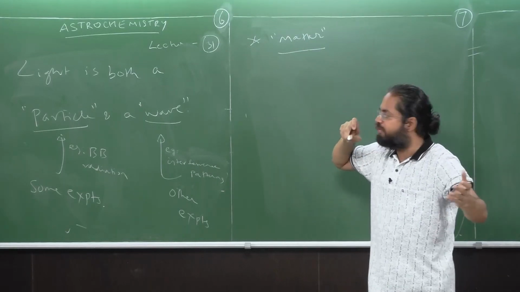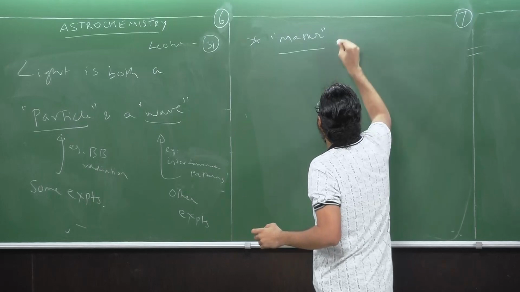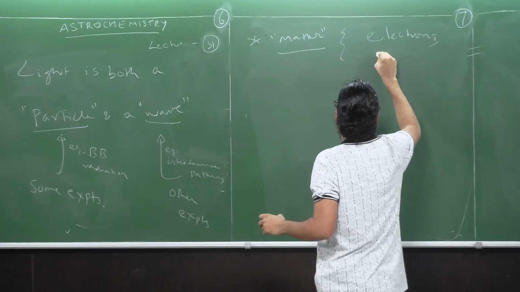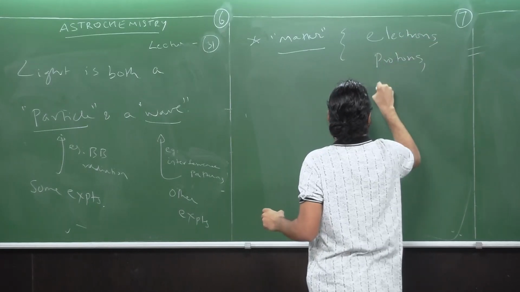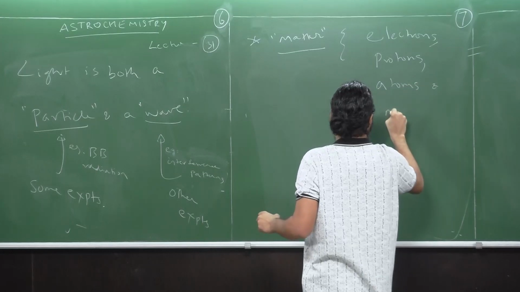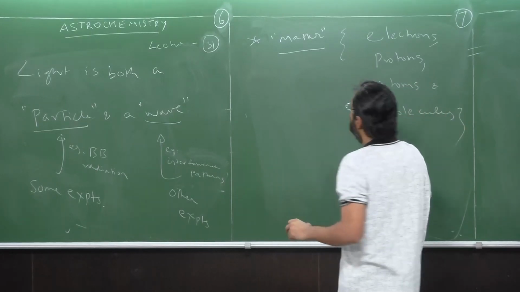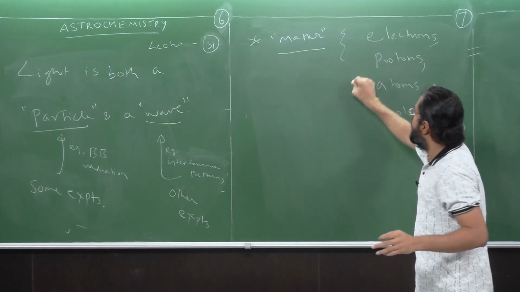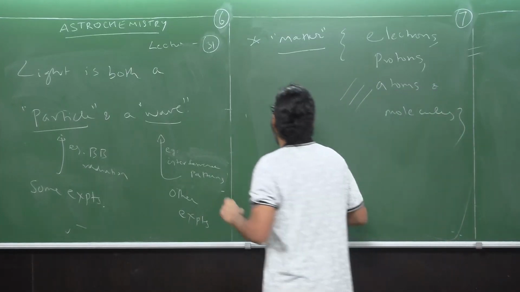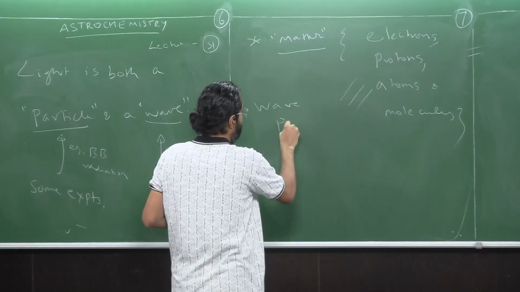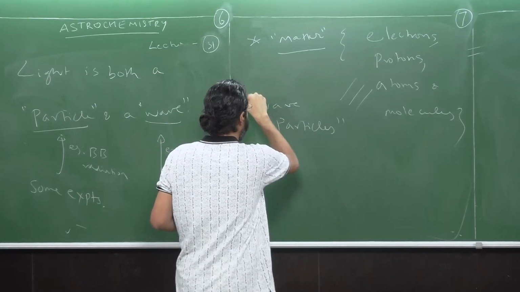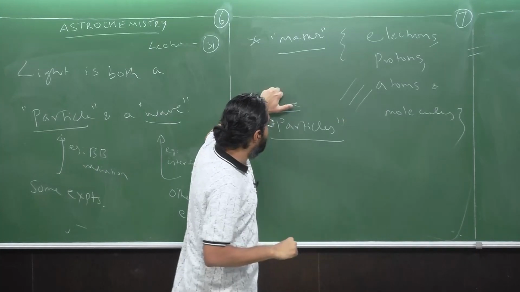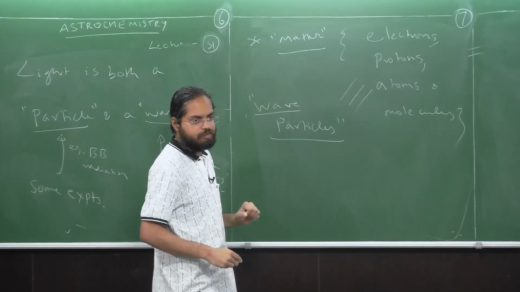It turns out it is not just light, but matter. By matter, I'm talking about electrons, protons, atoms, and molecules. And of course, skipping through a whole lot of experiments which demonstrate this behavior, they are also surprisingly found to be wave particles. In other words, in some experiments, all these entities would behave as waves, and in some other experiments they would behave as particles. For example, in